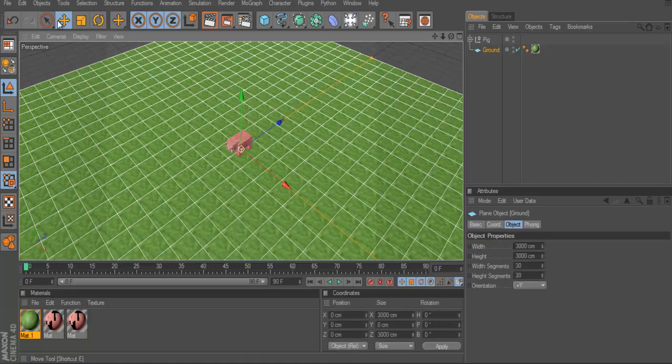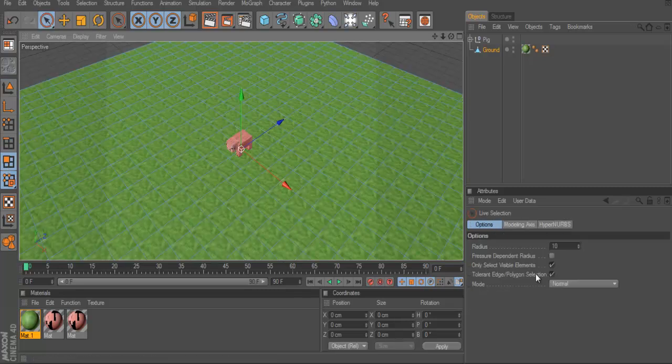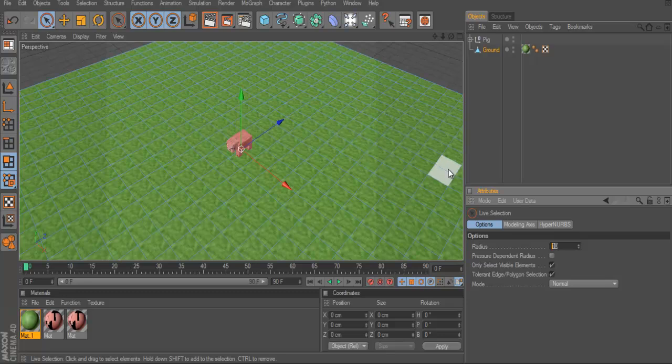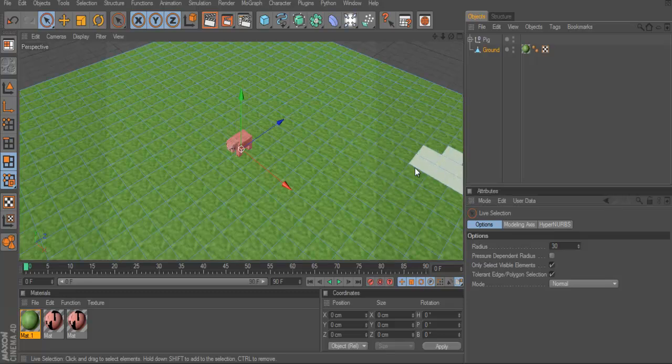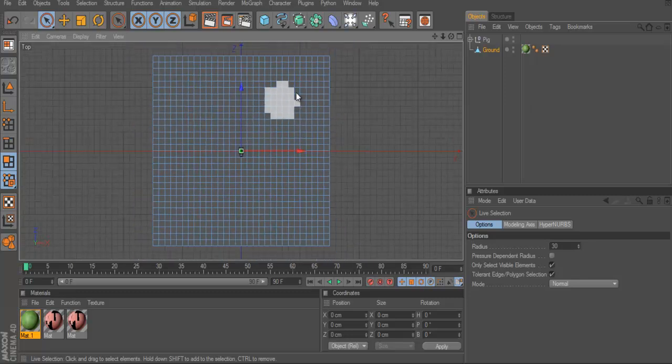Pick around, click, and then make it an editable object for that. Pick this, go back over to that. Change your radius to, let's go 30. F2 to bring the above. And you can see the green, which is the plane, blue, sorry, which is the